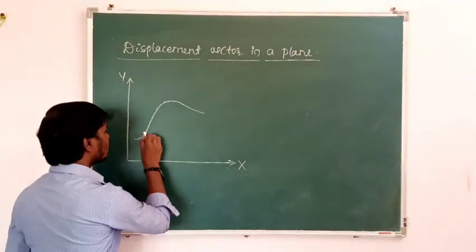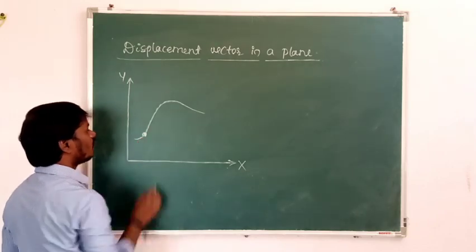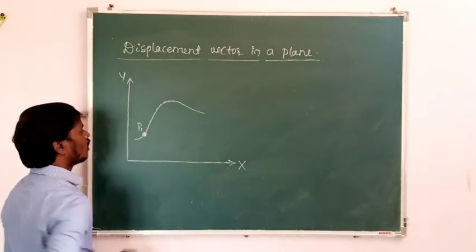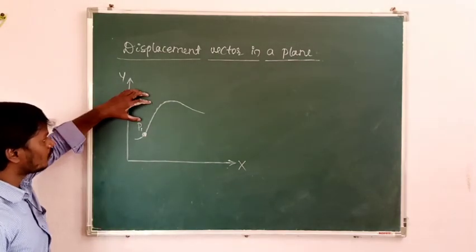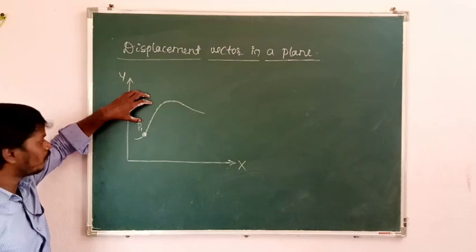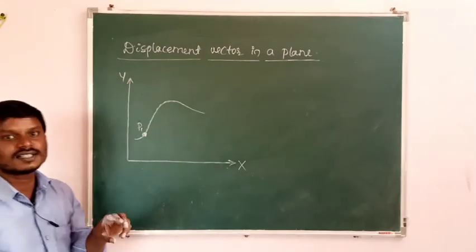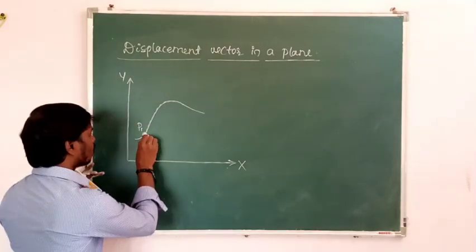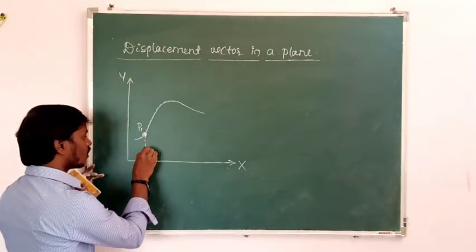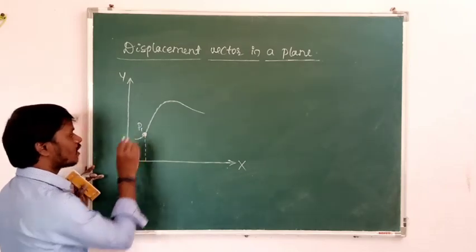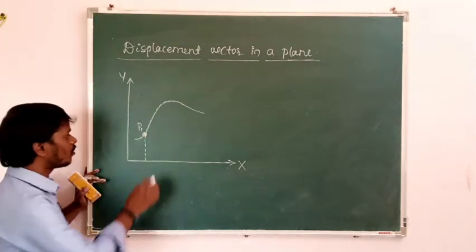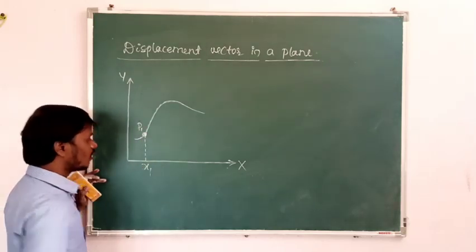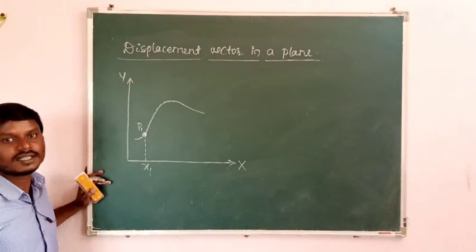Okay, so at the time t1 I will take the position of the particle, that is p1, and in order to specify the position of the object at p1 we use how many coordinates here? 2 coordinates. What are those? X and y. So to find the position of the particle along x-axis when the particle is at p1 in a plane, we have to draw the perpendicular line from p1 to the x-axis.